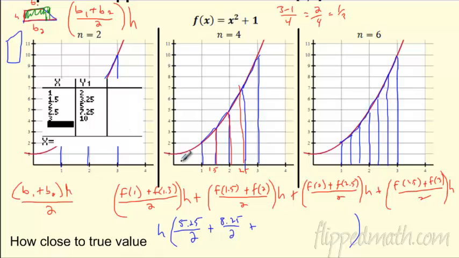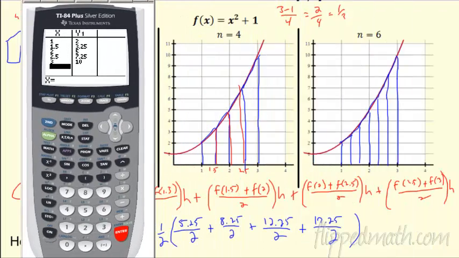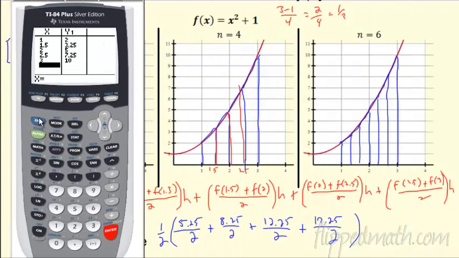Put the next one in, the f of 2. So we'll add these together, 12.25. Divide that by 2. And then the last one is what? 7.25 and 10, 17.25 all over 2. What is h? I wrote h here because we factored it out, but let's go ahead and put h. What is the width of each interval? It is 1/2. So if I want to evaluate this and see how close I am to the 10.6 repeating,